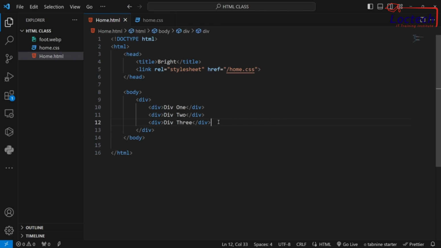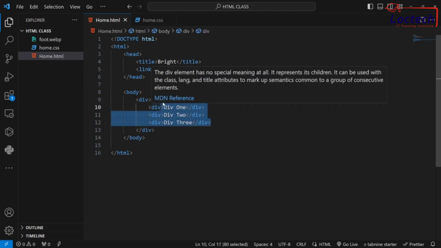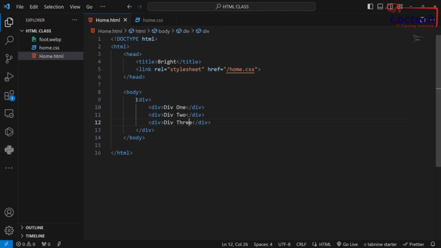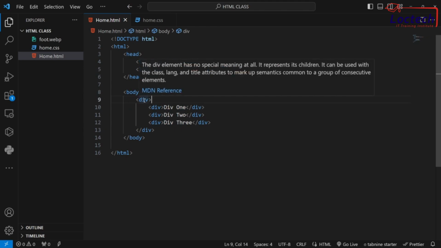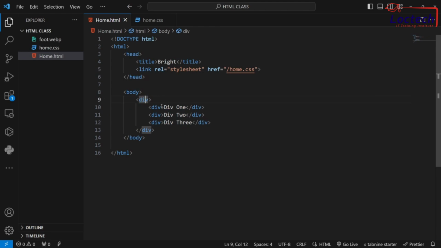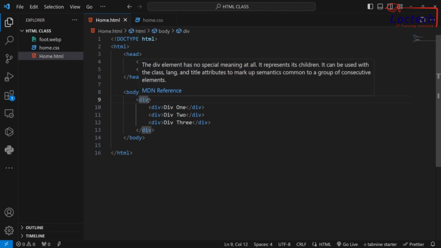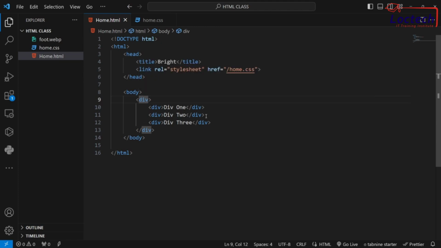Now when you want to apply display on your elements, you usually target your parent element, or your parent tag. Here we have a div, and three other divs inside of this div. So we target this parent div, the one wrapping these three other divs. That's what we are going to target to give it a display, because since it's the parent and the other ones are the children, we have to specify that we want to apply the grid on the parent so that it will section the child elements into the different places we want. So let's give this a class selector, let's call it parent div,